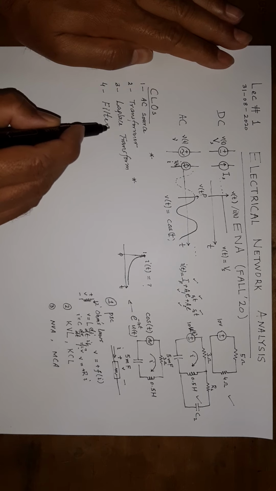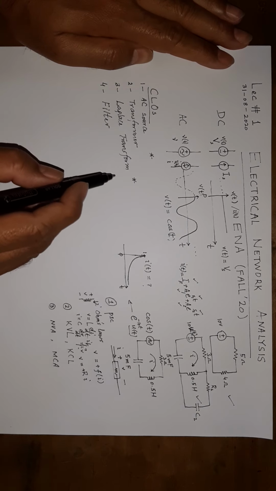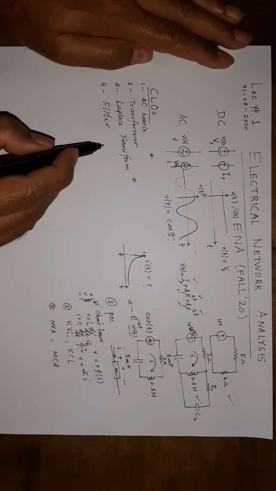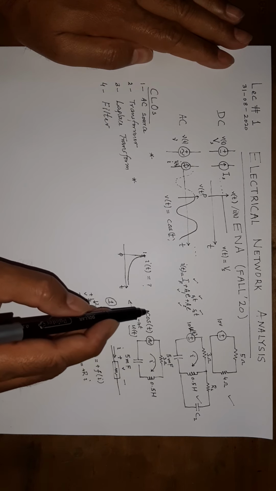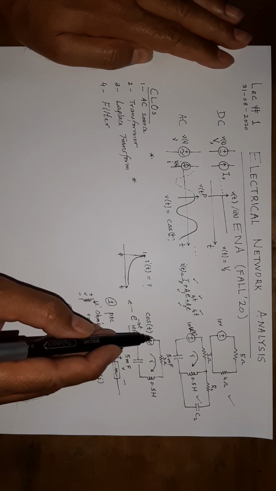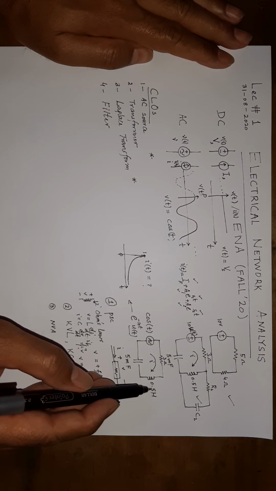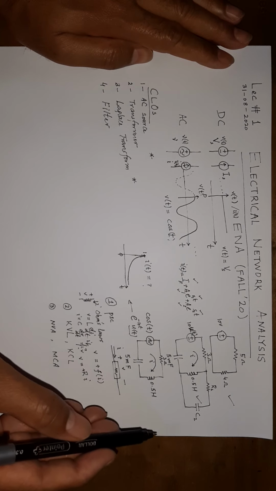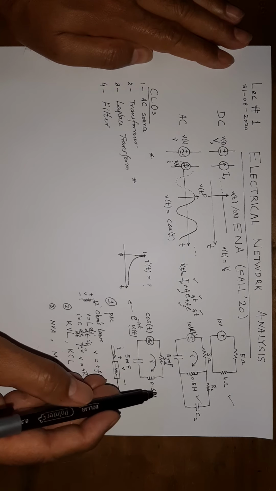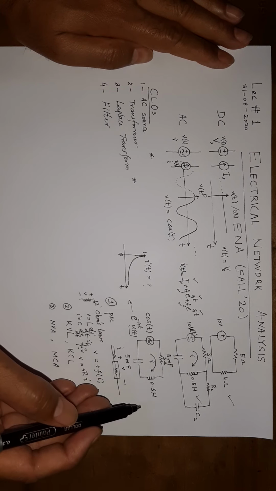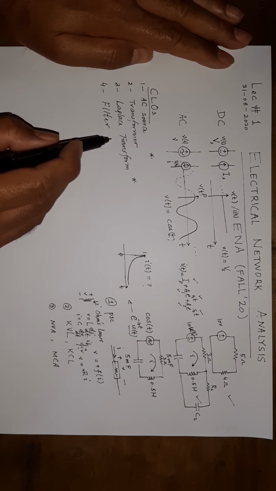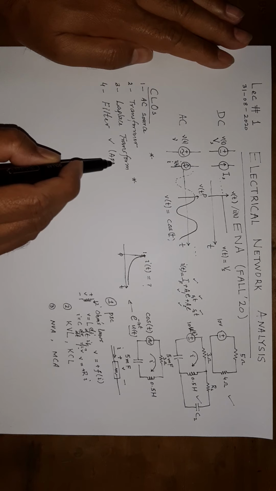Remember what a filter does? A filter takes in several things, stops some, allows some to pass. So a filter in circuits is a circuit that has several components in the source that is supplying it at the input, but only some types of input components are allowed to pass with a higher amplitude, and the amplitude of others is severely attenuated or reduced. So this is a very important application. It is more of an application